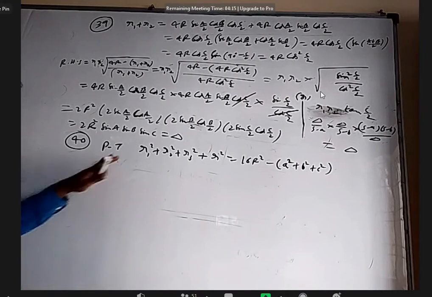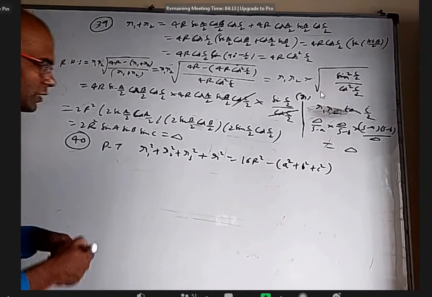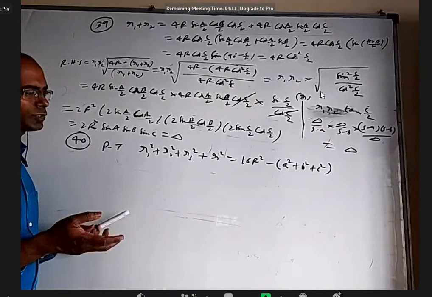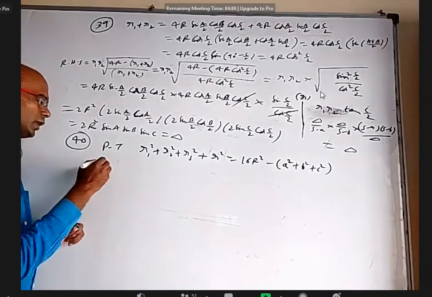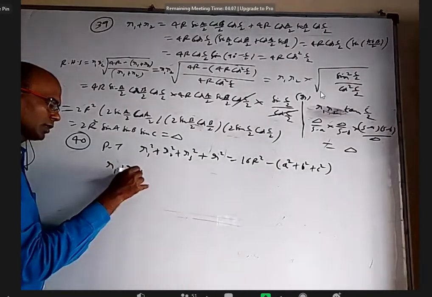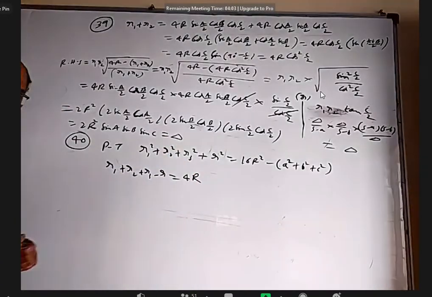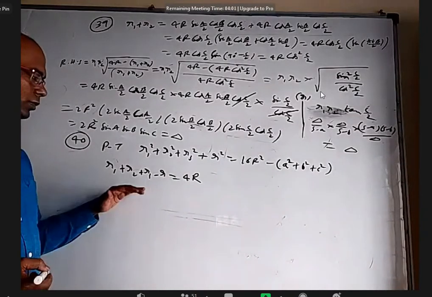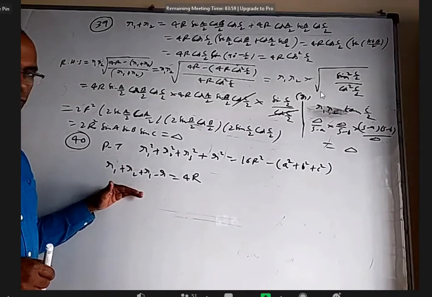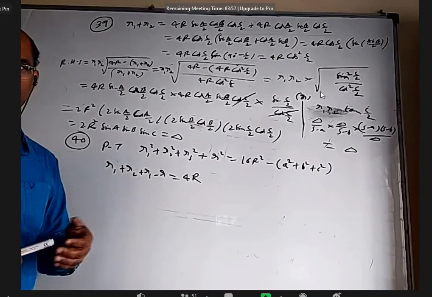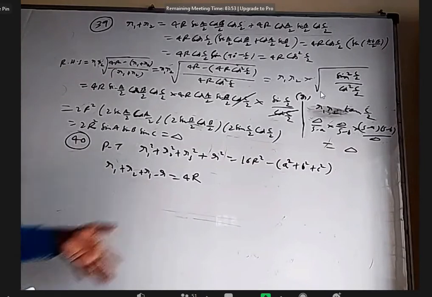Okay, this one is also a little bit lengthy. First of all, one result that we have already done: we already know R1 plus R2 plus R3 minus small r is equal to 4 capital R. We proved it. We have to take it now. We cannot prove it here because that is like a big question. We'll just take it and square it on both sides.